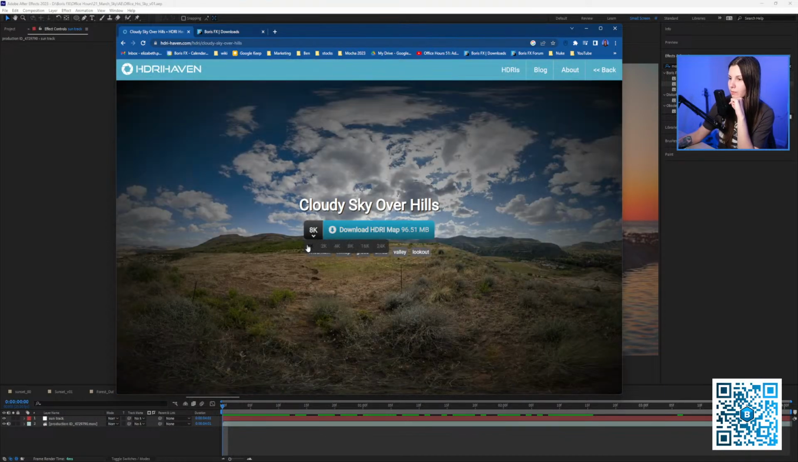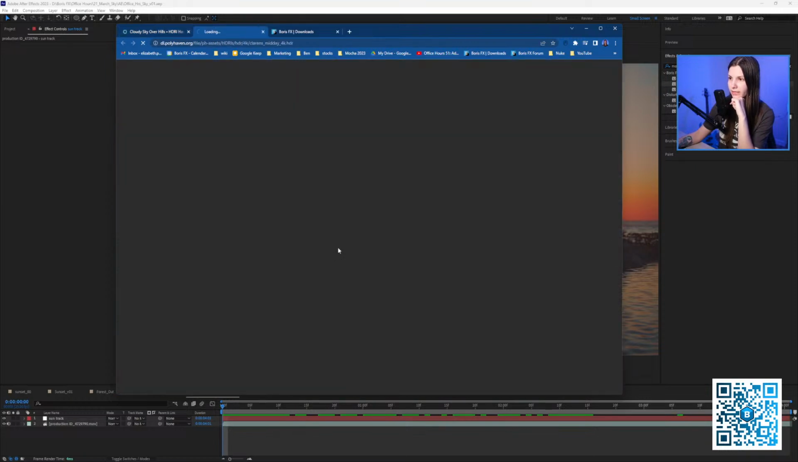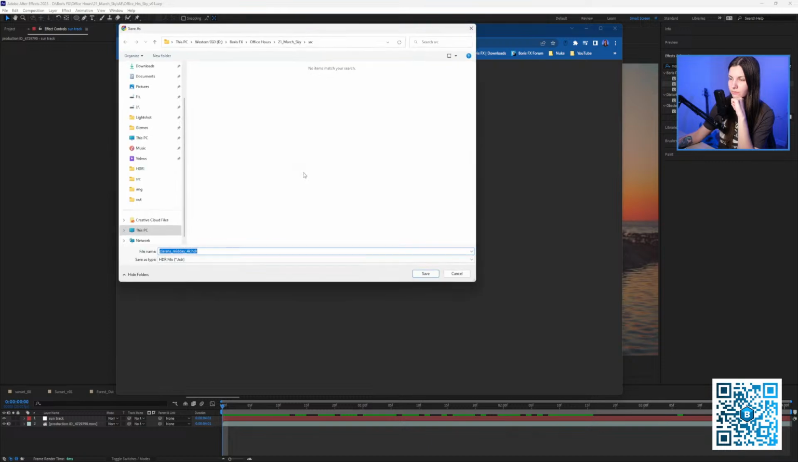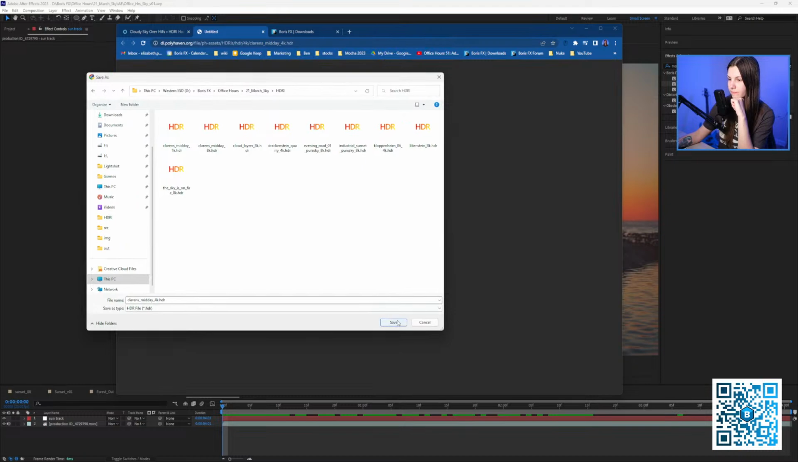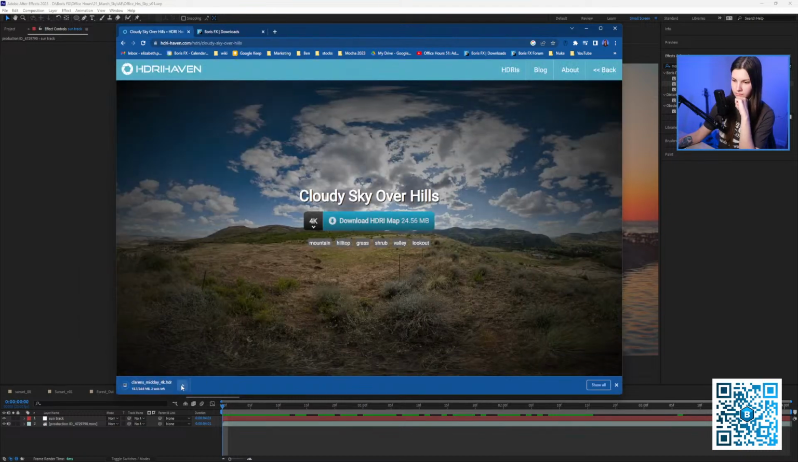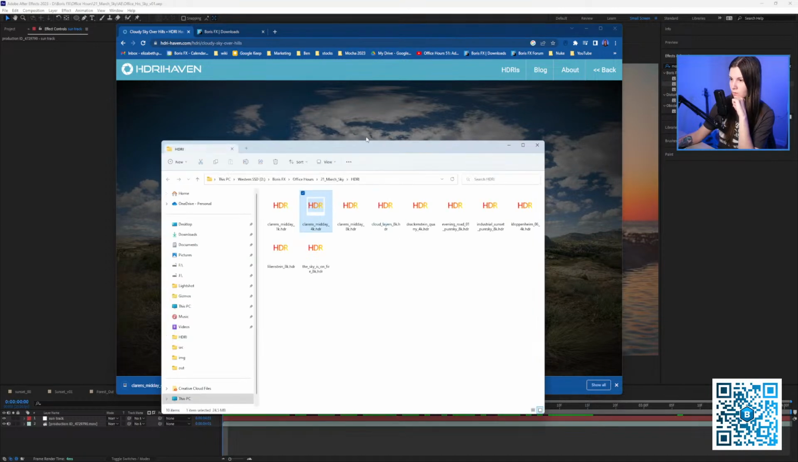So you have a couple of options for what resolution you want to grab it in. Obviously 1K and 2K would be too small, but 24K would be really hard to process for your computer. So I usually grab something in the middle, like 4K. Let's take 4K and save it somewhere on your PC. Once you have that,